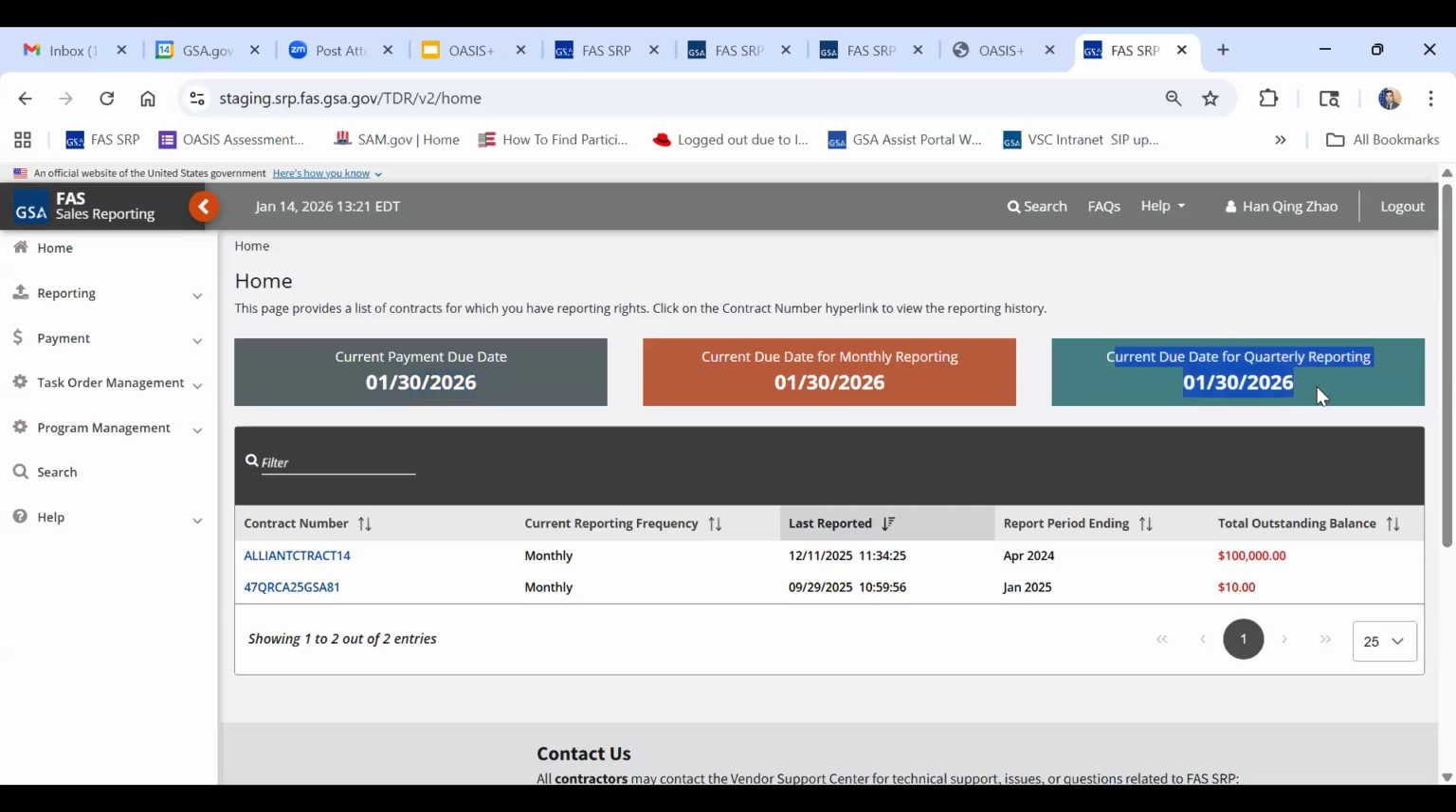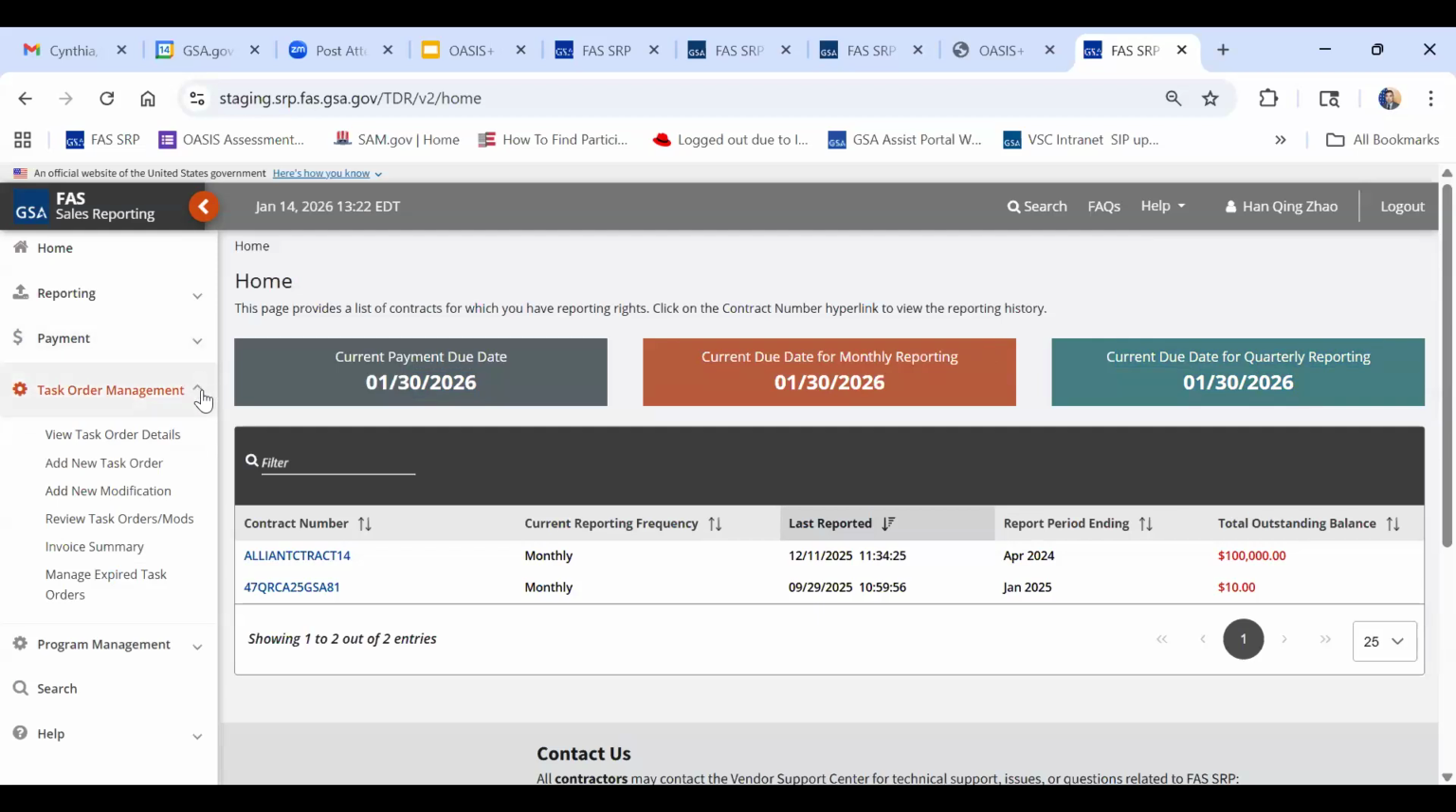Pay no attention to this quarterly reporting. That's for mass contracts. That doesn't really pertain to OASIS Plus. We have a monthly reporting requirement, not a quarterly. So even that's going away. So under task order management, what I just demonstrated, you go to task order management, and then you go to